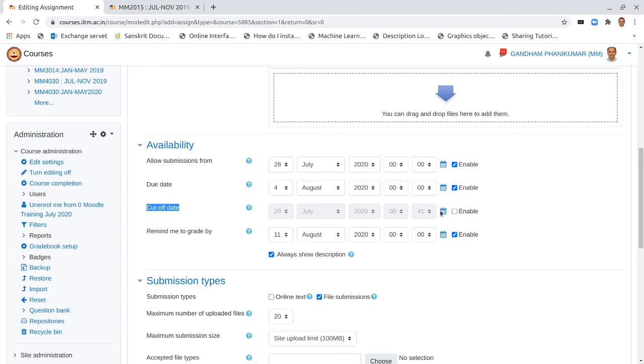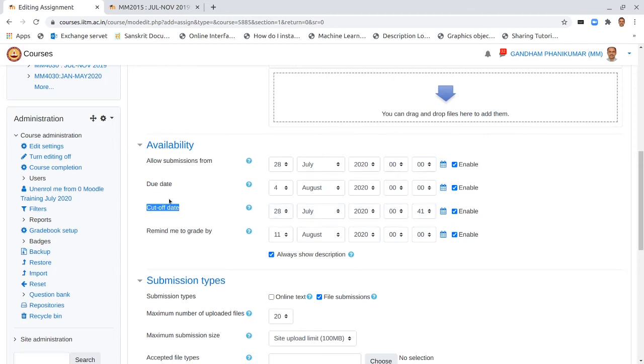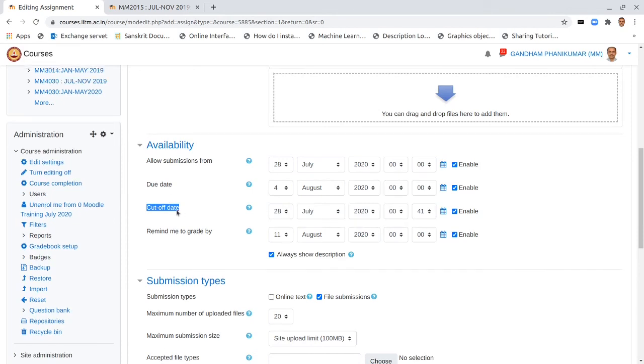So when you enable both, what happens is that all submissions that come after the due date are marked for you to be alerted about, and after the cutoff date no submissions will be allowed at all. So very often you may choose both to be the same, but sometimes it may be necessary to consider a day or 2 of grace period where late submissions can be accepted, but perhaps with a small penalty. And once this is over, you may want to be reminded about the grading process, so you could set a date for that also. You can change all these dates as you feel necessary.